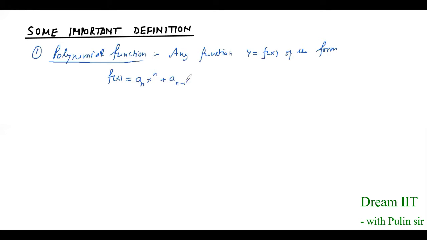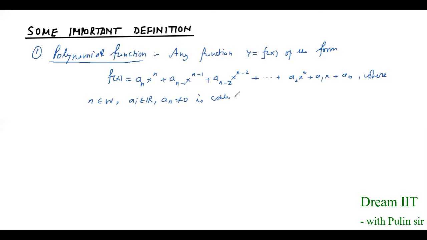If I get any polynomial in x, like a_n x^n plus ... plus a2 x square plus a1 x plus a0, where this n is a whole number and the a_i's are real numbers with a_n not equal to 0,